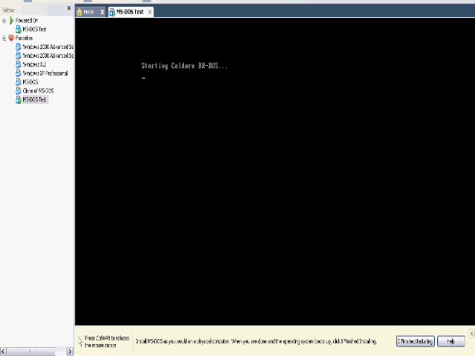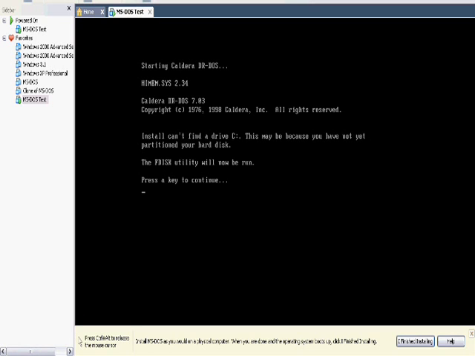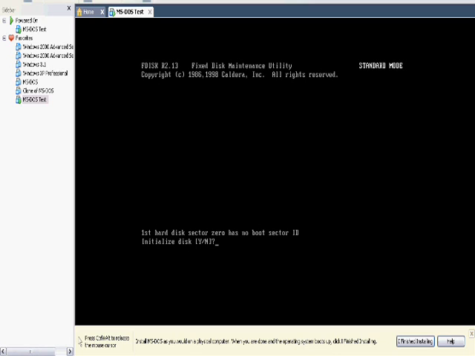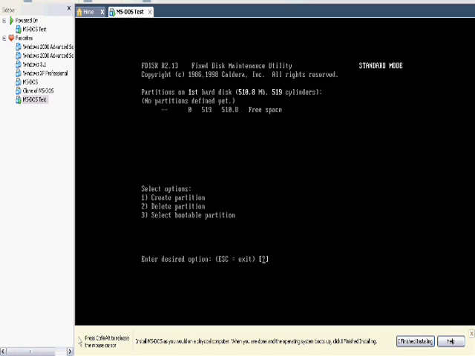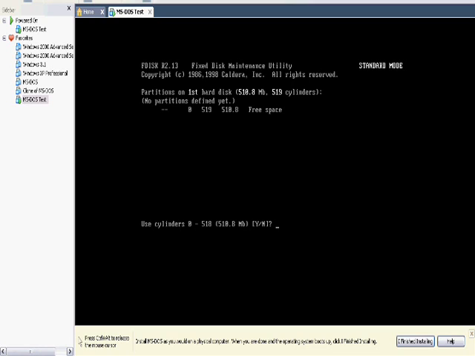And then Windows DOS is starting to calibrate. It says press any key to continue. Continue setup by pressing any key. And then, do you want to initialize disk? Click yes. And then you want to create a partition. So click 1, and then create DOS primary partition. Click 1 again, and then use 0 of 518 cylinders, click yes,